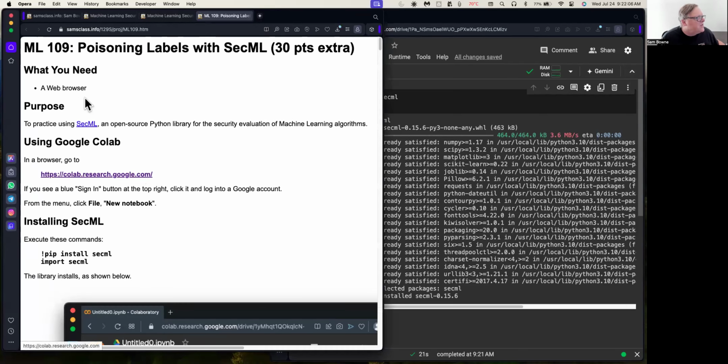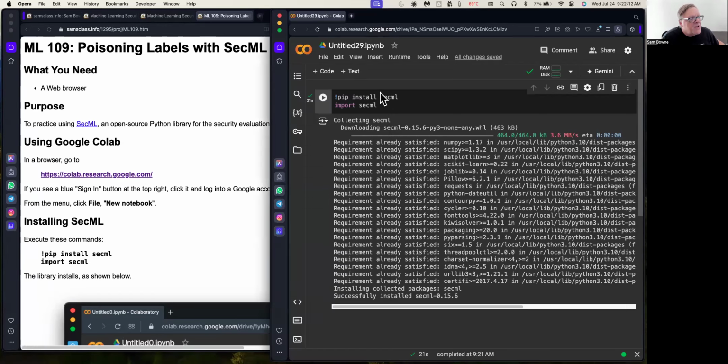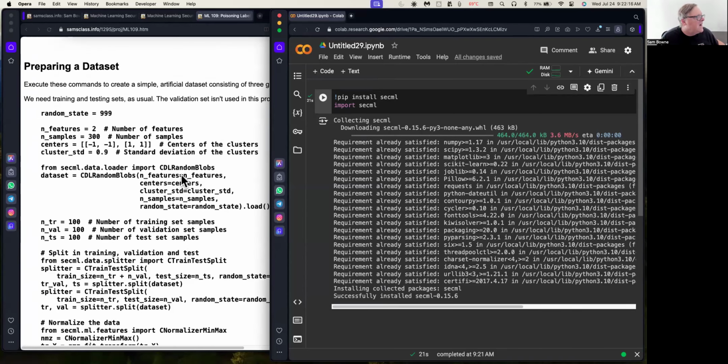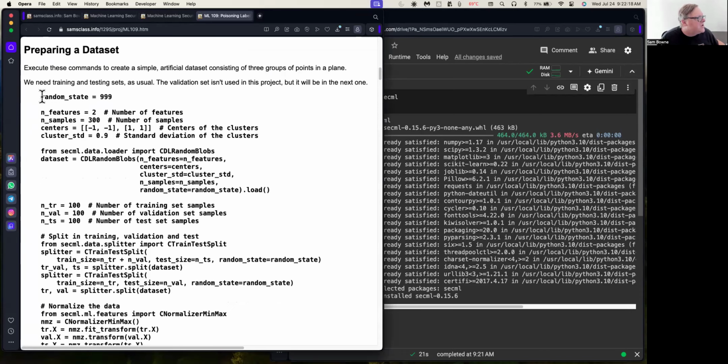All right, so here we are doing this one, ML109. We're going to use SecML to poison labels. And so first we install and import SecML as before. And now we're going to make a data set, which is going to have,